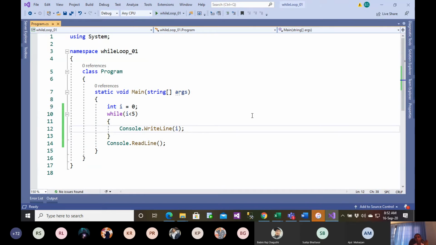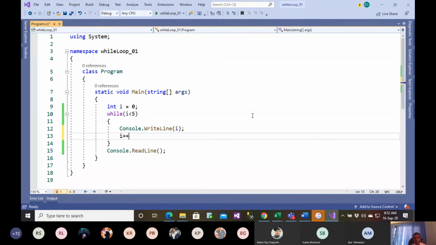Okay, so here what I could do is simply i++, so increase the value of i. Initially the value of i is 0. So 0 less than 5 is correct. Absolutely fine. Then this will print i, and the next time the value of i will be incremented by 1. Since it is incremented by 1, this will go up and check: 1 is less than 5, yes. 2 is less than 5, yes. 3 is less than 5, yes. 4 is less than 5, yes.